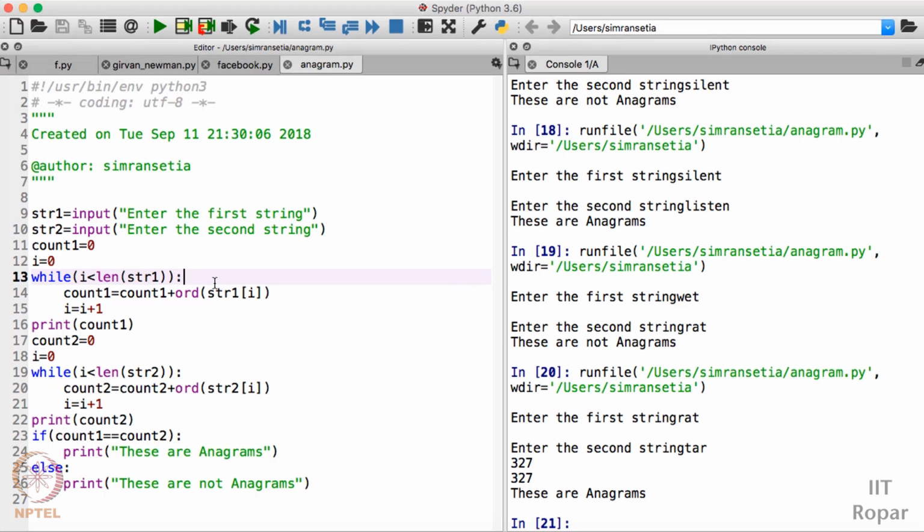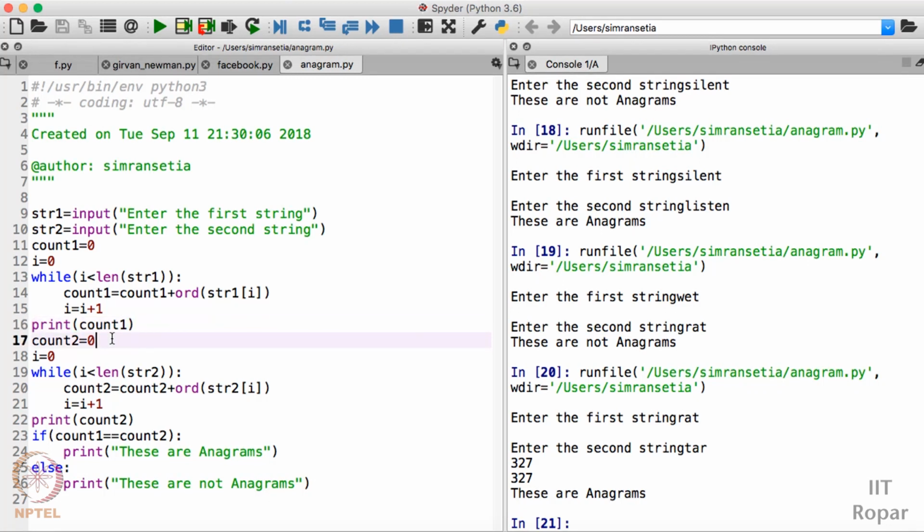Then I have the while loop which will run till the length of str1, and we are storing the sum in count 1, using the ord function to find the ASCII values. Then we are incrementing i here, and I am printing the sum of the ASCII values of str1.